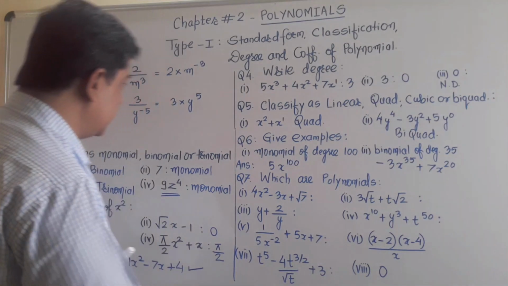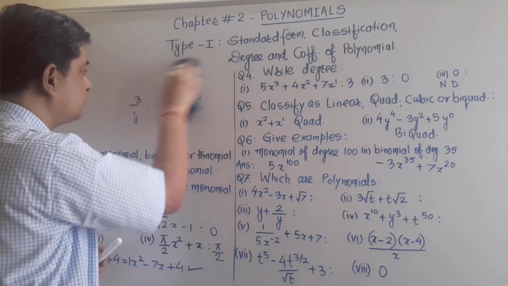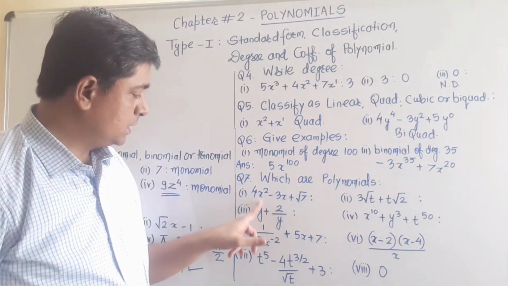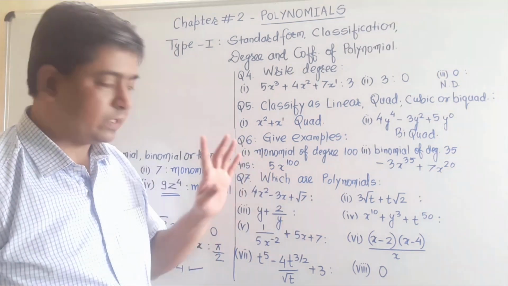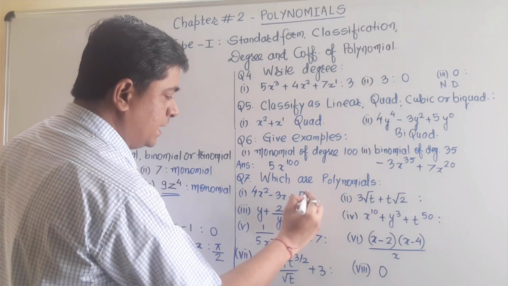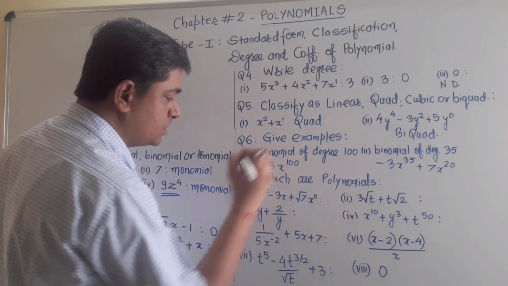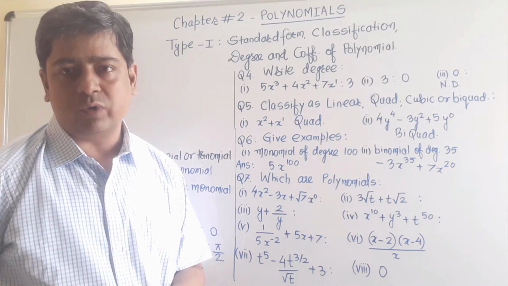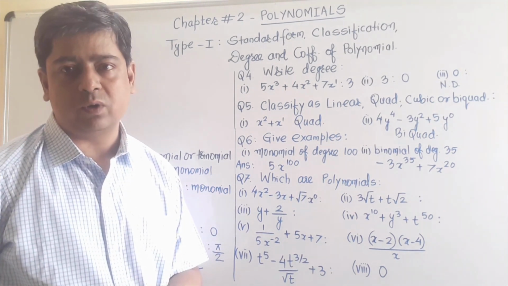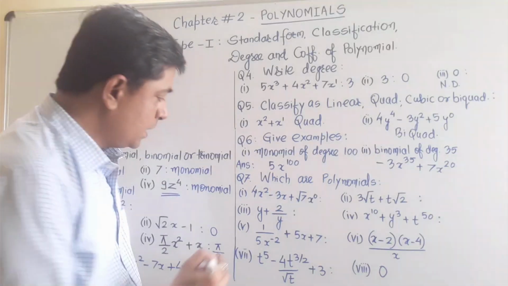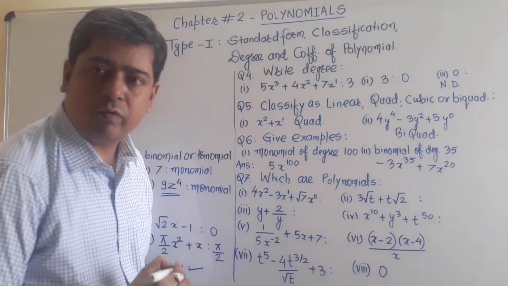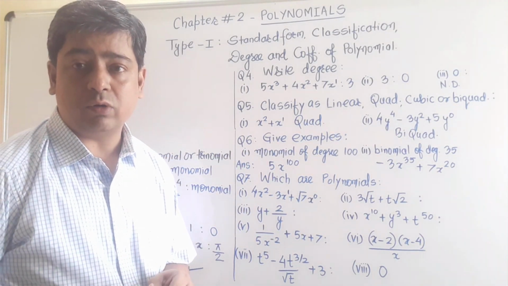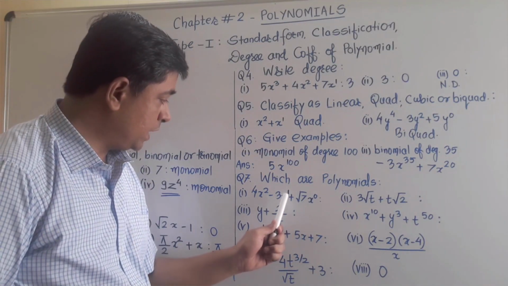Now see the first question what we have given. In the first question you observe, we have given 4x square, 3x, and then it is given root of 7. Along with root of 7, suppose I write here x to the power 0. I don't think you should have any objection, because x to the power 0 value is 1 and root of 7 into 1, again I will get root of 7 only. So now observe the power. Here power of x is 2, here power of x is 1, and here power of x is 0. All three variables' power you have to observe. 0, then 1, and then 2.